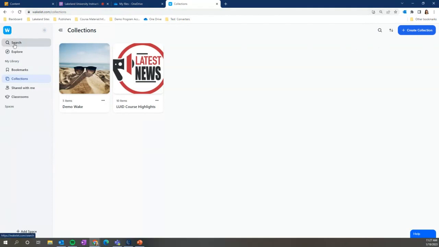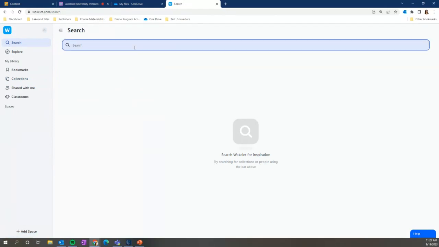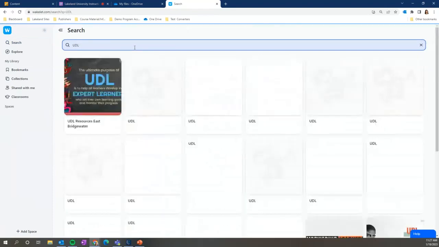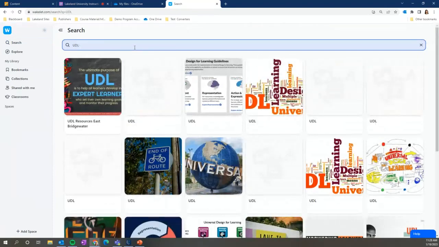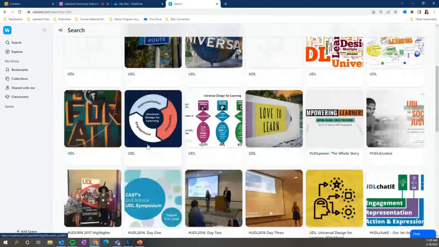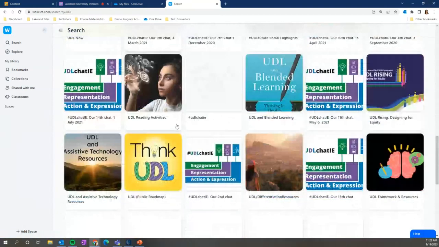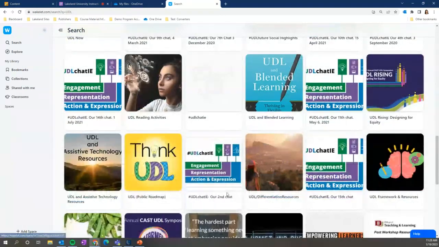And what's a little different about Wakelet is you have the ability to search other people's Wakelets who are just using the app in general. So if you wanted to find ideas or possible resources on a topic, so let's say I want to pull resources on UDL, I can search UDL, and everyone who's made their wakes public, I can search them and I can look at them. So let's say I'm going through and